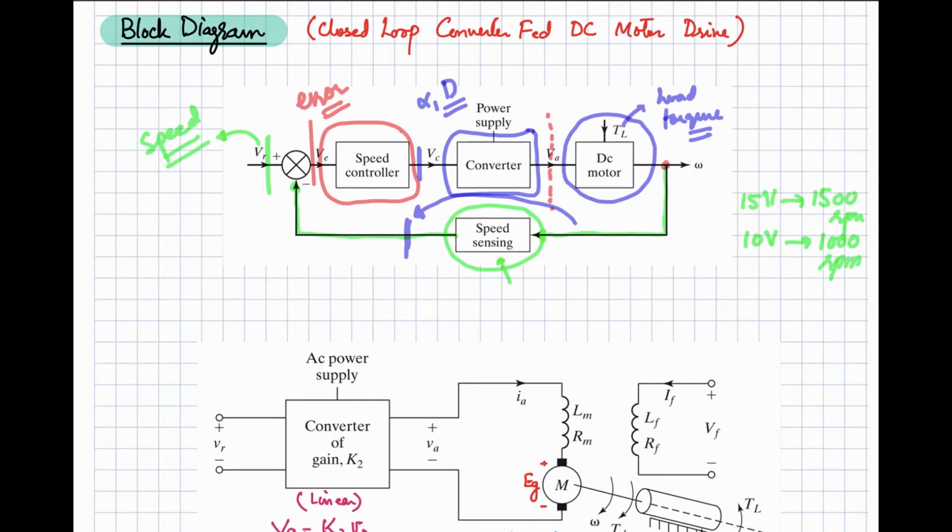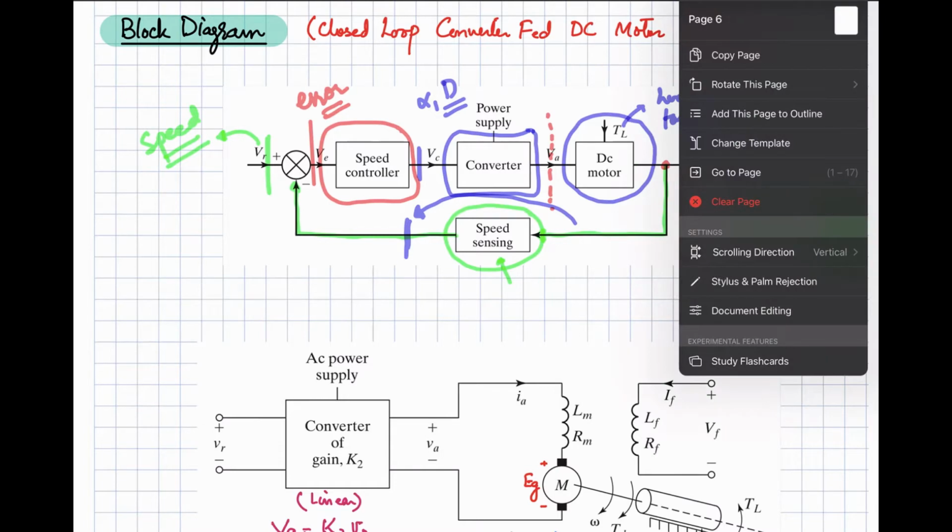The information of the speed is translated in terms of voltage, and then it is compared with the reference voltage. If you want to, let's suppose, adjust 1200 RPM at the output, you will have to set 12 volt over here, because all the control part is in terms of control voltage. So you will be mapping all the information in terms of control voltage.